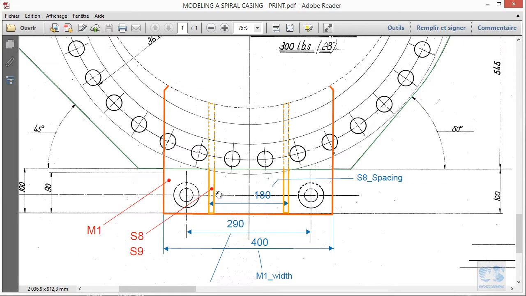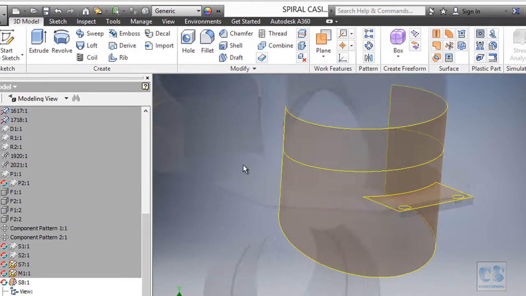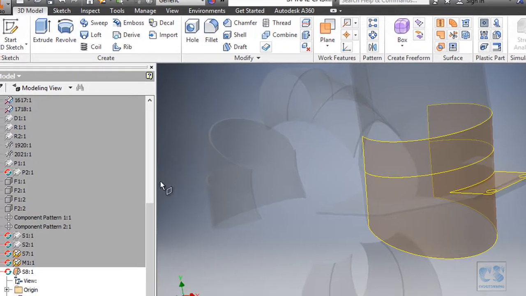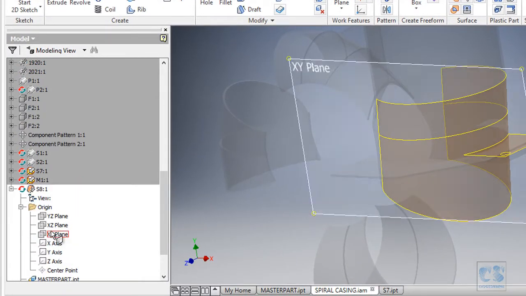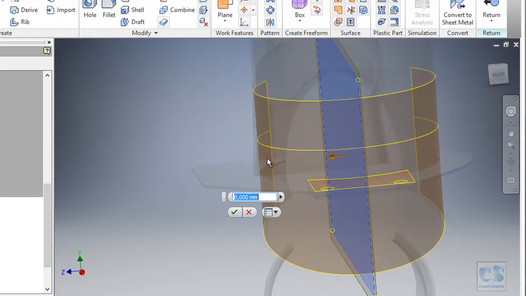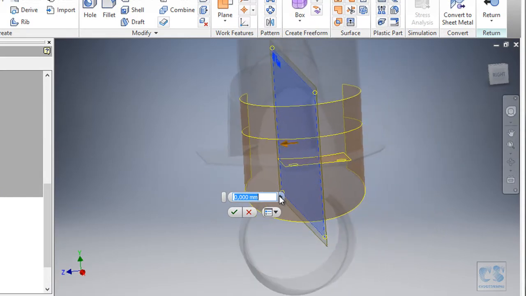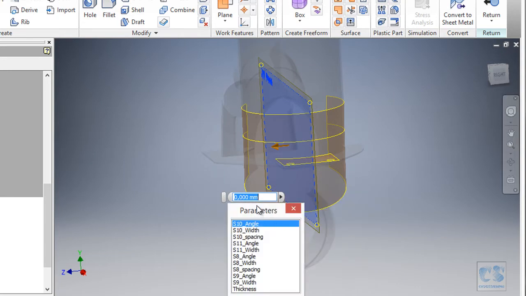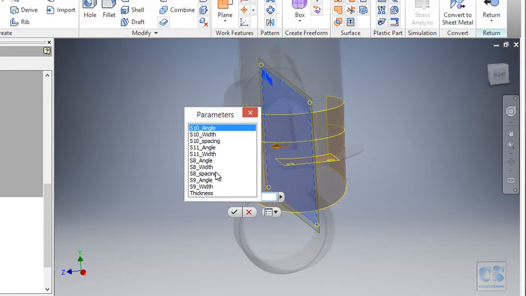So the work plane will be at a distance of half the spacing minus the thickness. So let's go to that. So we're going to start this offset from plane and then use the XY plane. So we are going in the right direction. So now we will be looking for the S8 spacing.